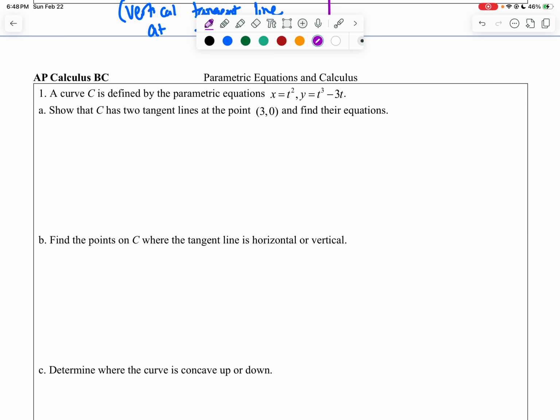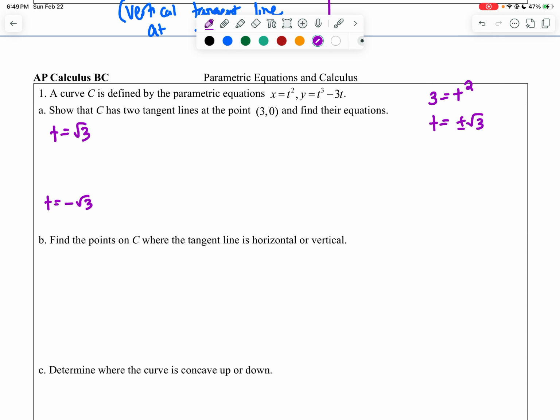But for part A, it says show that C has two tangent lines at the point (3, 0) and find their equations. So we need to figure out what our t values are because it gave us the rectangular point (3, 0), meaning that we are going to plug in 3 into x or 0 into y. It doesn't really matter because you'll get essentially the same thing. So if I plug in 3 for x and we get t squared, that means that t is going to be plus or minus root 3. Okay, so that means that we have some t for root 3 and then some t for negative root 3